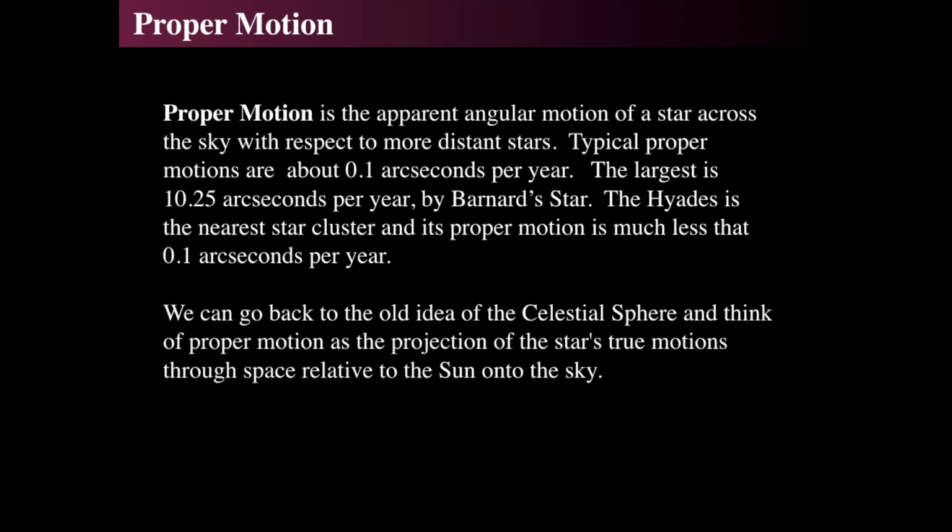cluster, and the Hyades is incredibly important because its proper motion is pretty small. It's less than about 0.1 arc seconds per year, but it's very close. And because of that, we actually use proper motion studies to find the distance to the Hyades. And what we can do is trace the celestial sphere. Remember the old celestial sphere, where we think of the sky as a dome over our head, and then we put a grid on top of that dome and we look at the sky, and that helps us understand what's